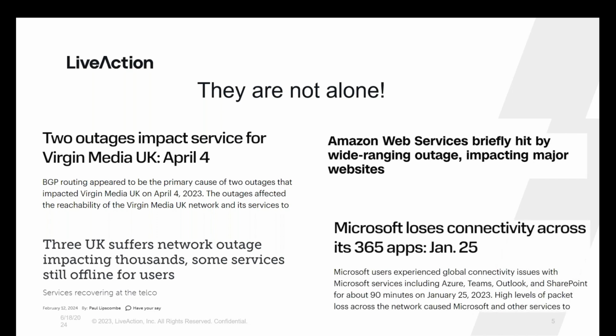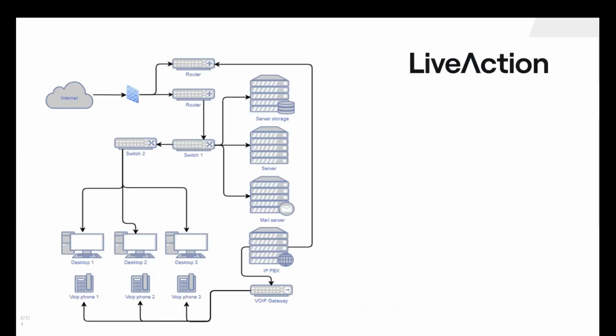And then Microsoft as well, who you would think would have the network pretty much figured out. They had a big issue just in January last year around Office 365 applications. And what they actually suffered from was high levels of packet loss across the network. So VW are not alone. And I'm pretty confident that most of the people on here know an organization that has suffered an outage of some description. And the reason for this is that if you look at a traditional network,